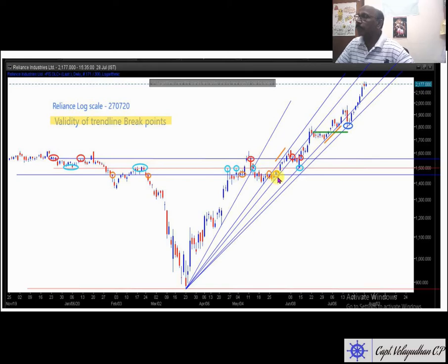These 2 days' candles took support here. And if you see on the left hand side, this is a support again. Here it was support, and here it shows resistance, and here it shows resistance. So on the left hand side, the trend line breakpoints indicate where the support and resistance lines are. Of course it didn't come here to make another support, it zoomed up and went up. Now this line will act as a resistance here.